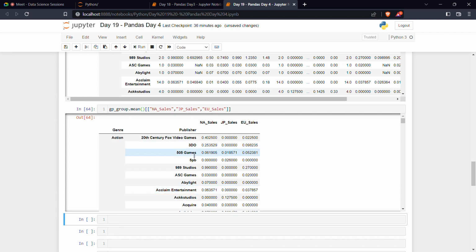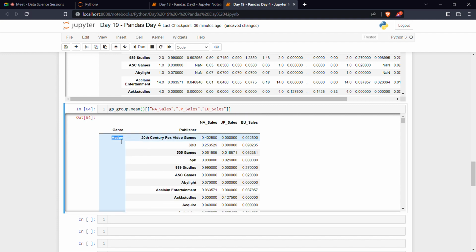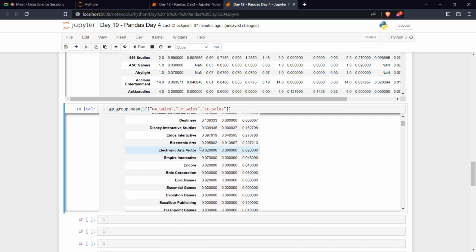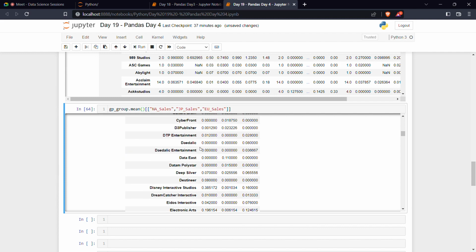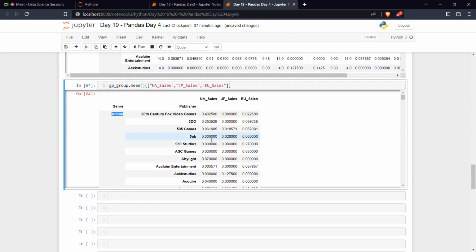So you can see here, average sales for every publisher, like every genre separated by publisher. Okay, separated by publisher. So like this you will get for everything. So that means, if you know the number of unique values for publisher,